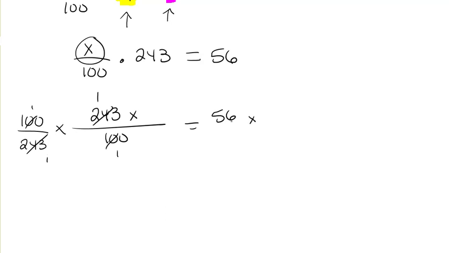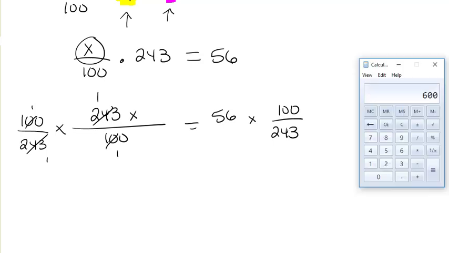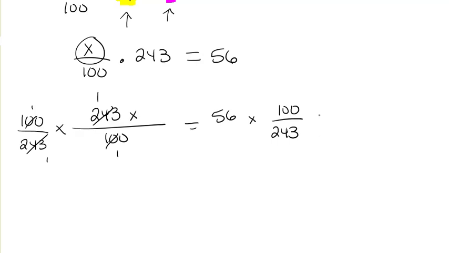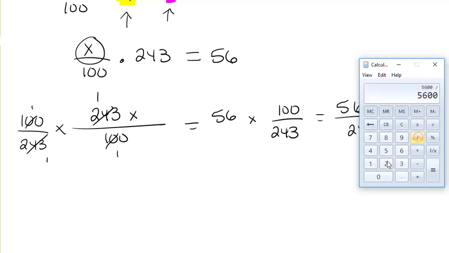And then we go 56 times 100 over 243, because whatever we do to one side, we do to the other. And so we're going to multiply 56 times 100. So we get 5,600 over 243. So then we divide by 243, and we're left with